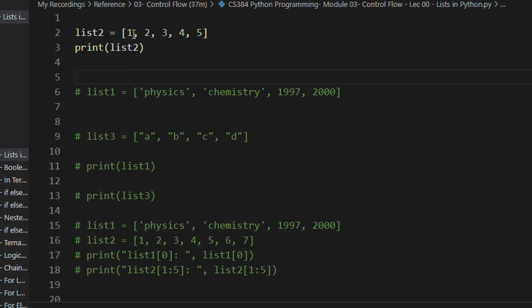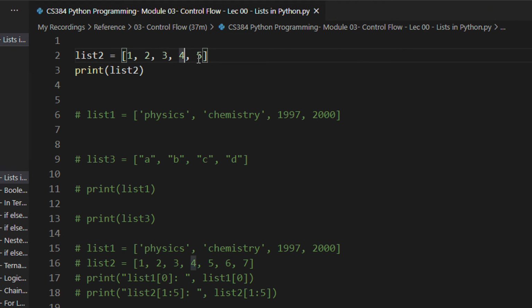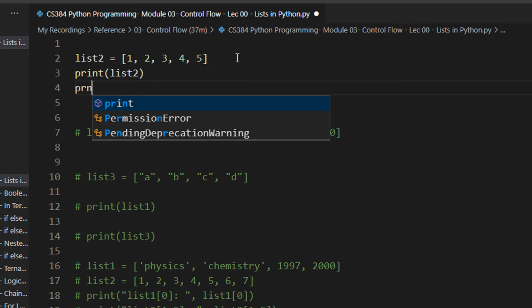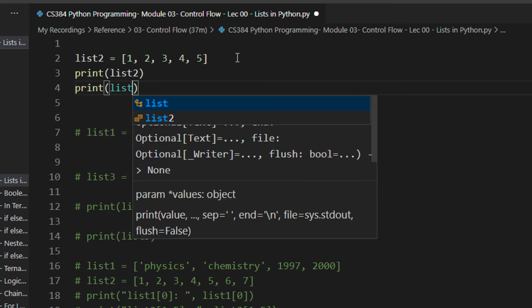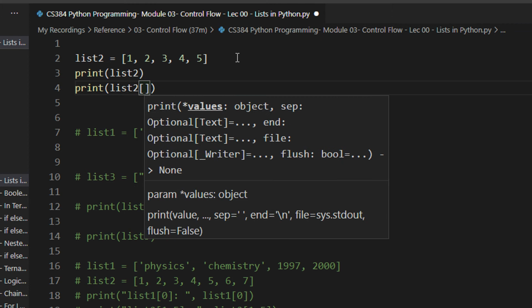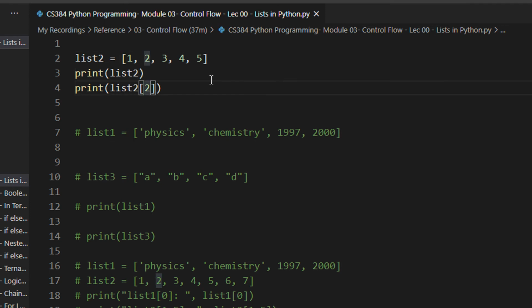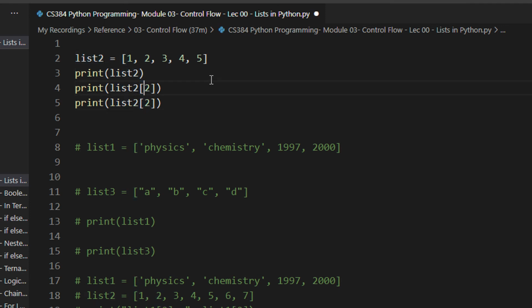So elements of a list are comma separated, right? You can visualize arrays with it. Typical array functions can also be implemented. For example, if I want to access the third element of the list, because array indexing begins from 0, a list also has an index beginning from 0, right? So if I want to access the 0th element, basically the first element, I write the list name, which is list2, and give the subscript to it.